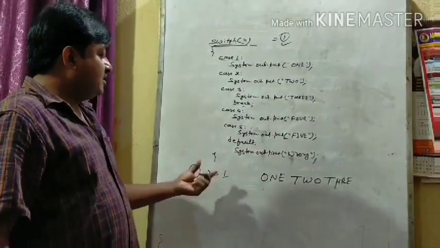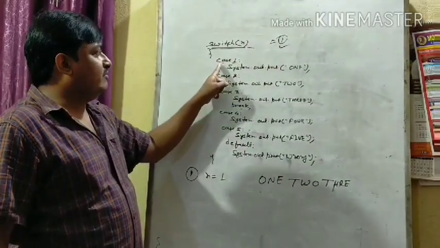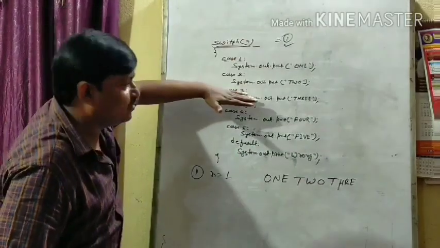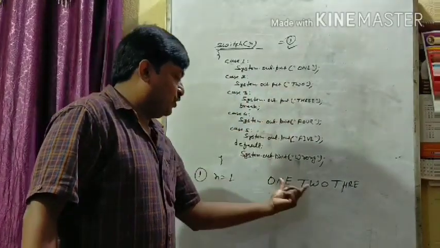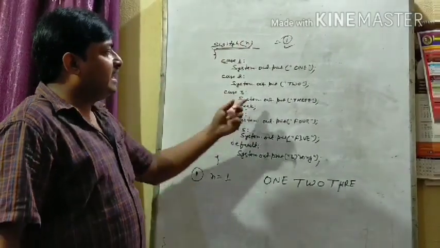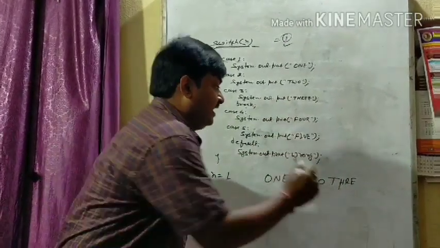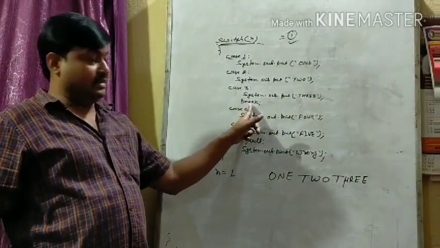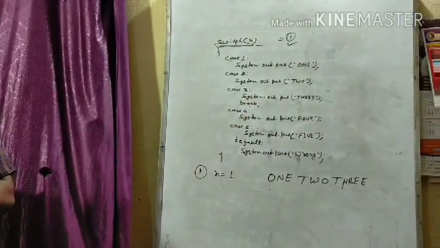Why is it so? Because when n equal to 1, the value of switch is also 1. Case 1 will be executed, and 1 will be printed. There is no break statement, so control falls to the next case, that is case number 2. And the execution of case number 2 prints 2. Again, in the absence of a break statement, control falls to case number 3, and this statement will be executed. Therefore, it is 3. And here the break is found. Therefore, this break will transfer the control outside the switch block.